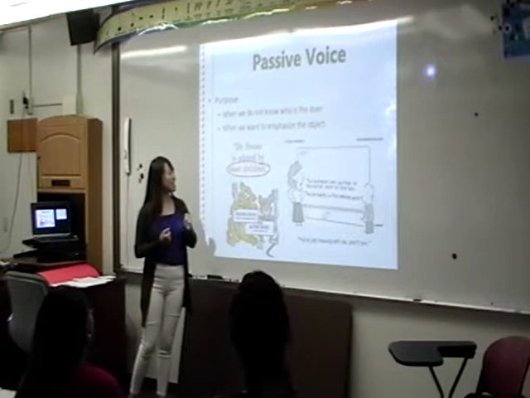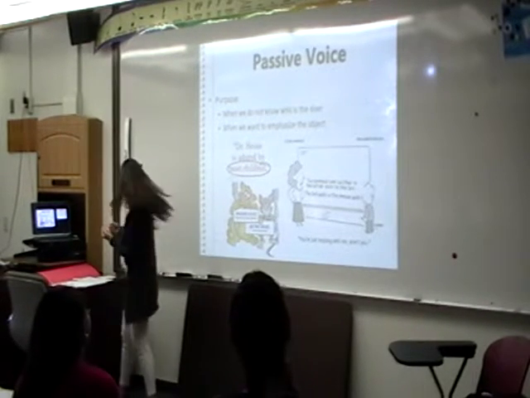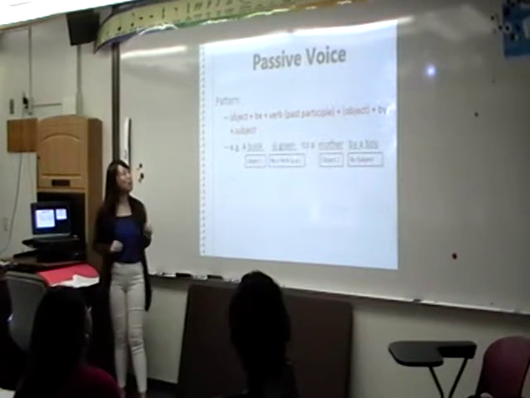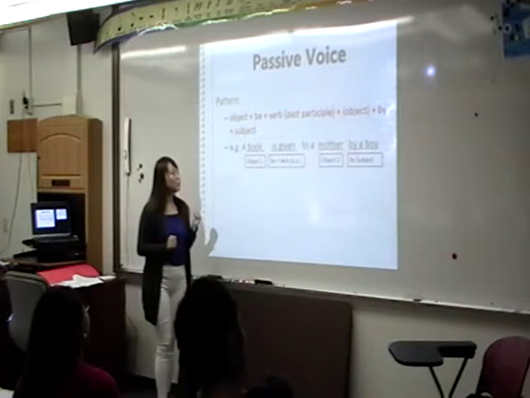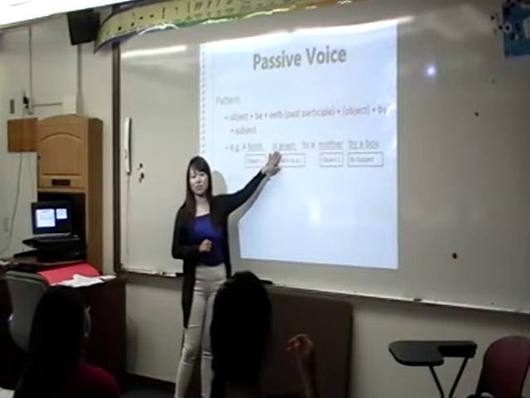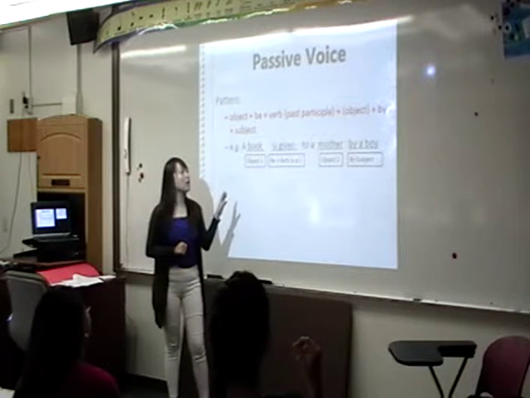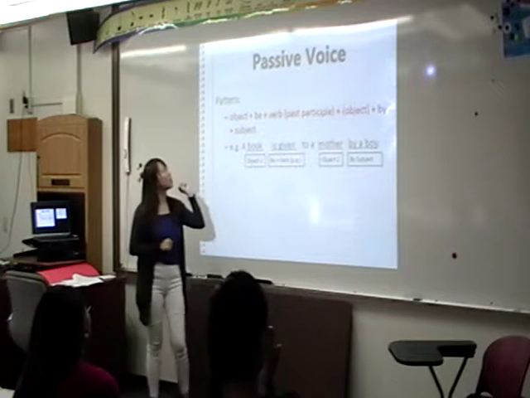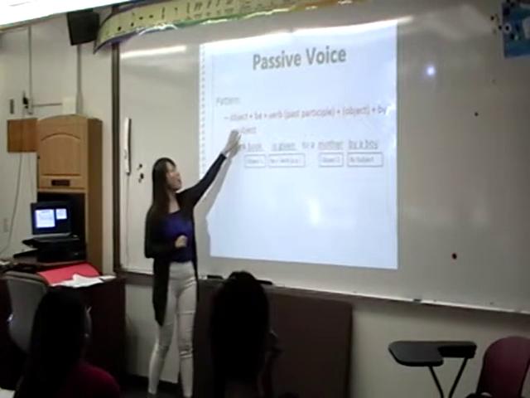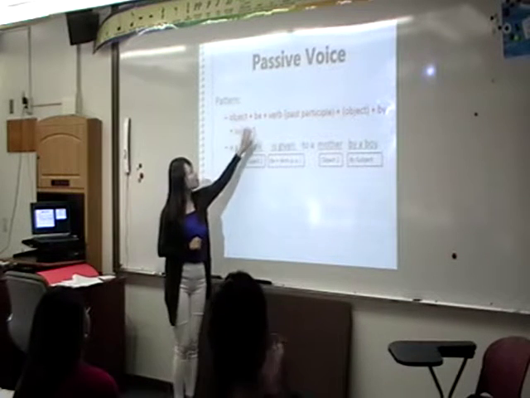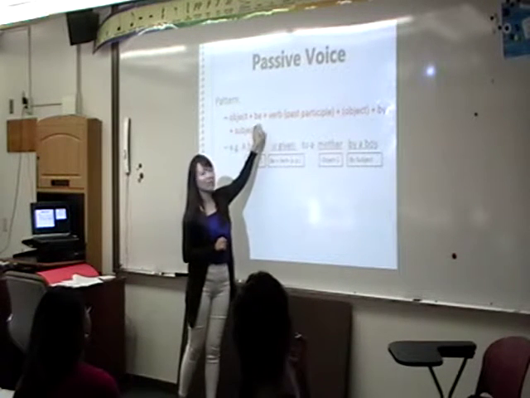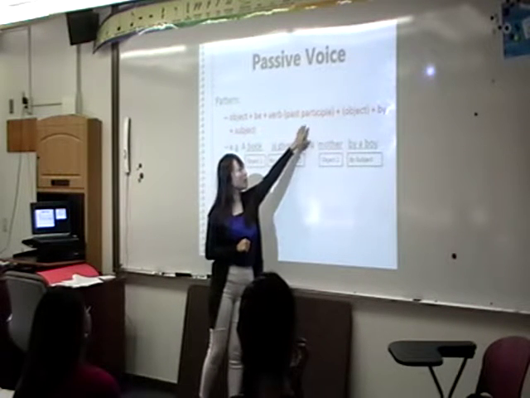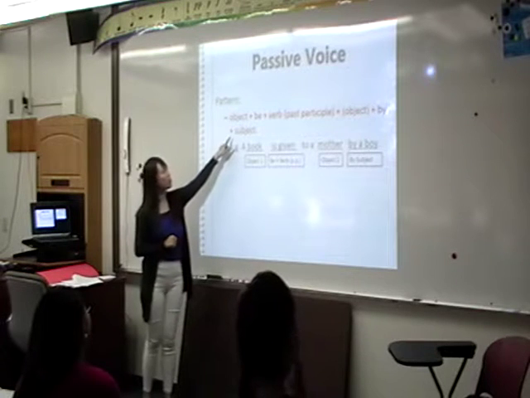We have some examples here. And this is the pattern of the passive voice. So as you notice, the verb looks different. A boy gives a book to his mother, but here we say it's given. So the verb will be changed to be object plus verb to be and the verb in past participle form, and we'll have another object, and we'll put the subject at the end